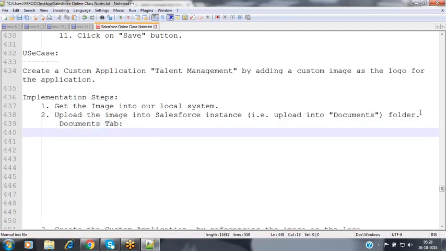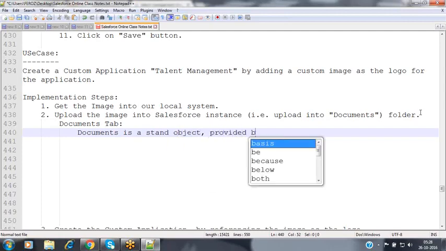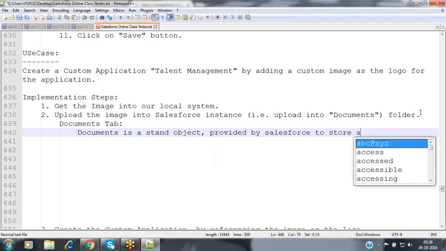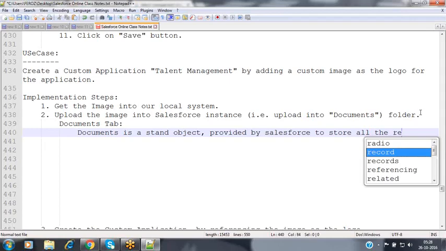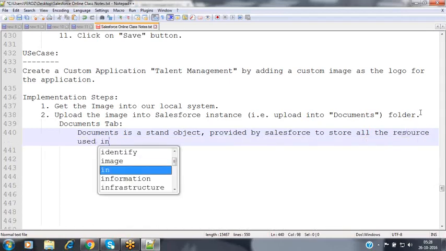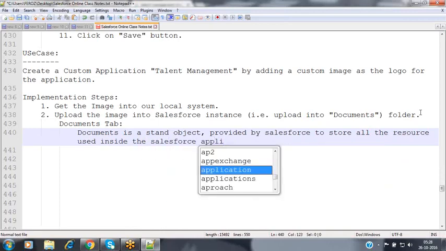Documents tab: Documents is a standard object provided by Salesforce to store all the resources used inside Salesforce application development.